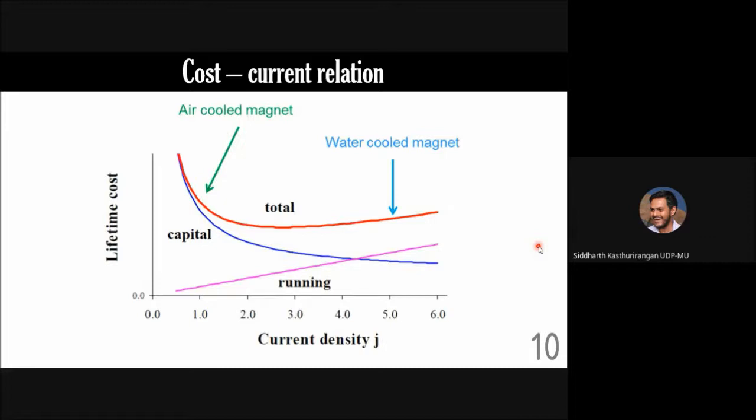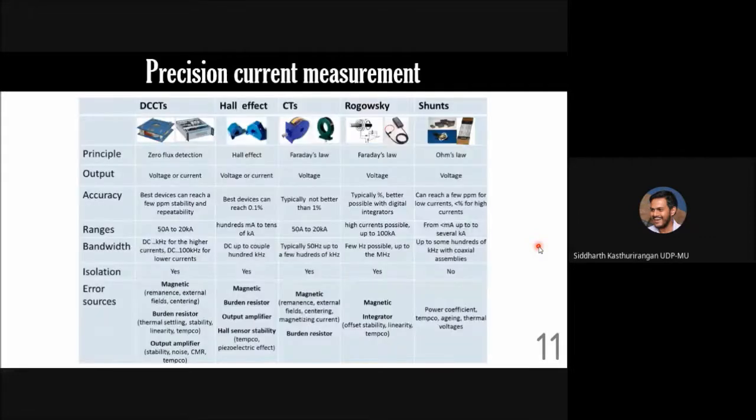This is another consideration which has to go in at design stage, how long you expect the accelerator project to last, and accordingly the magnet technologies etc. have to be invested in, because some of it is one time investment and some of it is recurring investment of the cost. So you have to take both into account before you decide what it is exactly which you want to do. Okay.